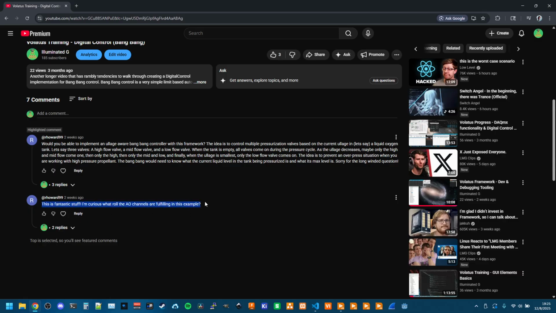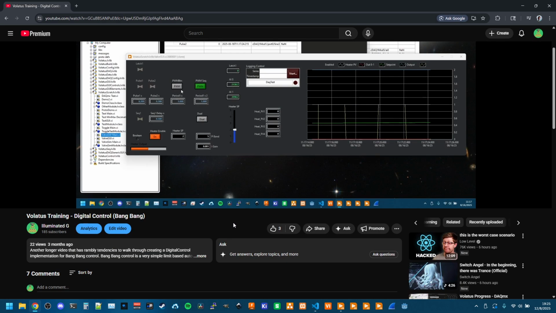So we'll start with this one because this was simple. "This is fantastic stuff. I'm curious what role the AO channels are fulfilling in this example." And the answer to that is I did not have software variables implemented yet when I was making this training video. So there's these 4 process values here in the middle. I had them configured as analog output channels just because that is something that could be commanded from the GUI, and even outputs continually transmit their current value as telemetry,